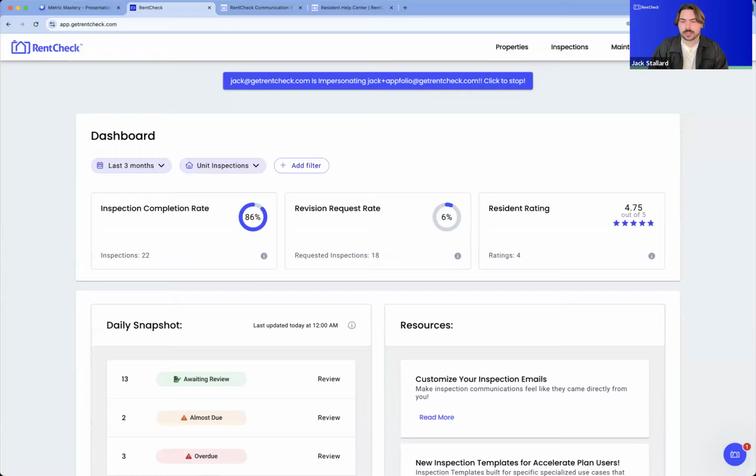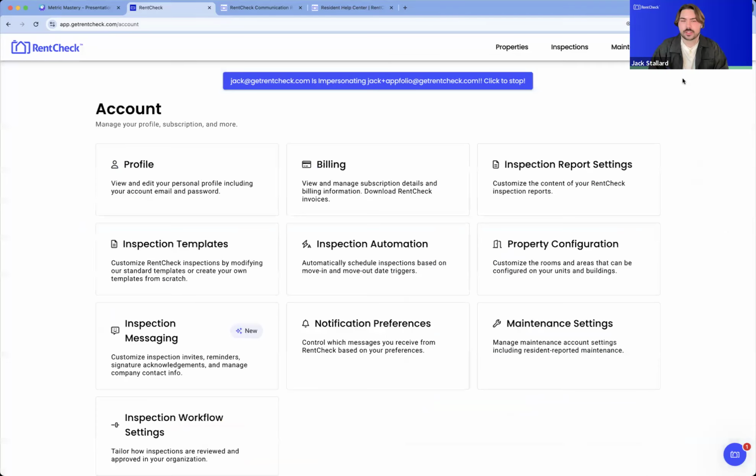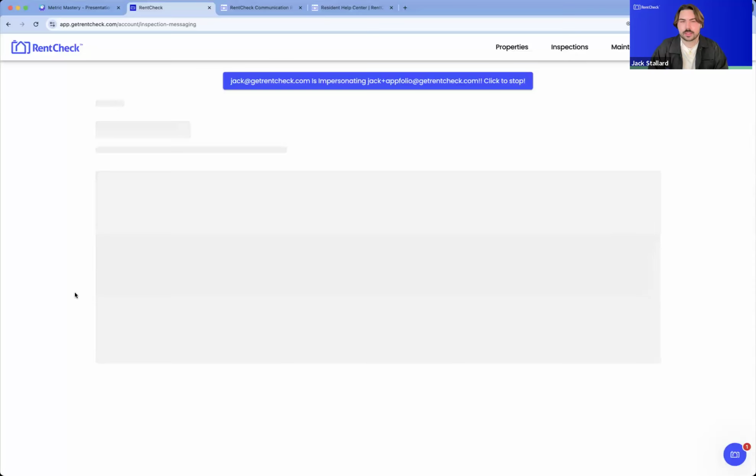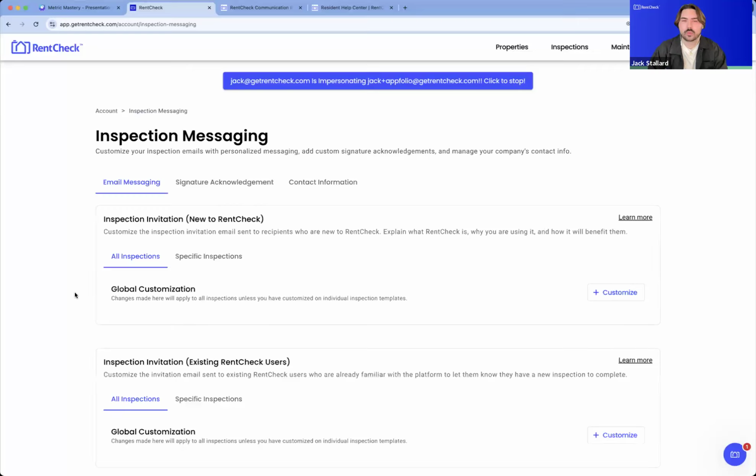But to get into the email customization tool, as you can see here, all you have to do if you're on a professional or accelerate plan is click this blue bubble at the top right that brings up your settings list, go into account, and then inspection messaging. And so there are 3 tabs on this page, and we'll break down each one and what the different tools do. We have our email messaging, which is where you can make edits to 5 different email templates that are